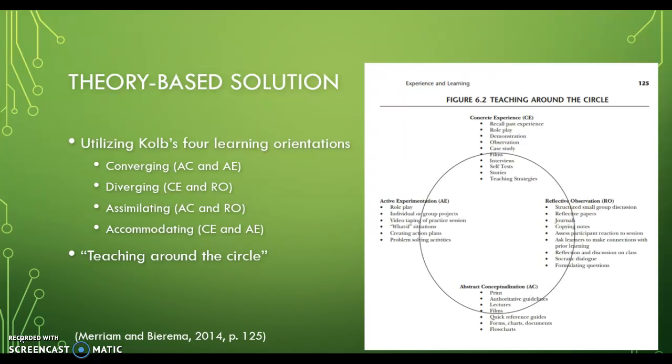Theory-based solution. As mentioned in Kolb's theory of experiential learning, there are 4 categories of learners: convergers, divergers, assimilators, and accommodators. The challenge for those looking to effectively educate and train adult and non-adult student employees is to incorporate these learning styles and the learning behaviors that comprise these styles into workplace trainings.